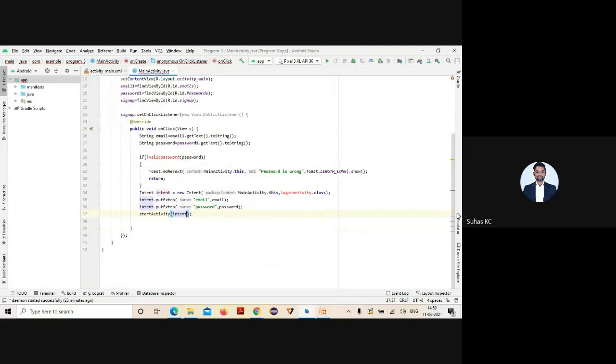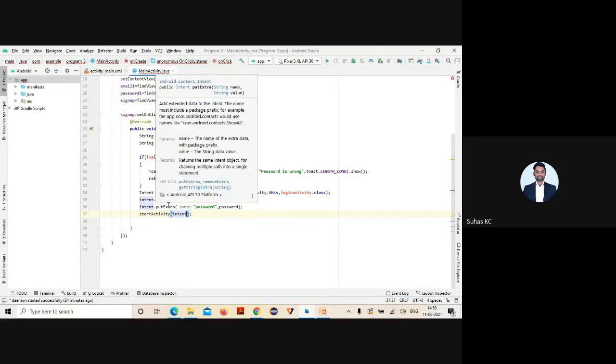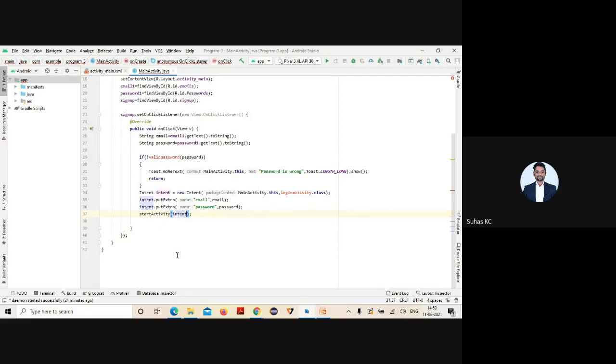Now what should I do? See, the major part: I should write the rules part for your password. What is the rules part? It's very easy, nothing tough. Only a few lines of code are written. I'll just repeat it so you can understand a bit of it. Now I need to write the rule part.